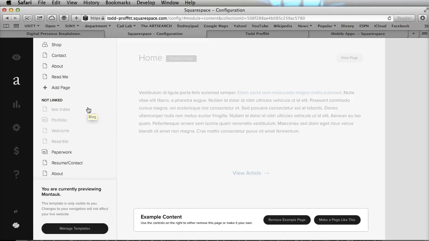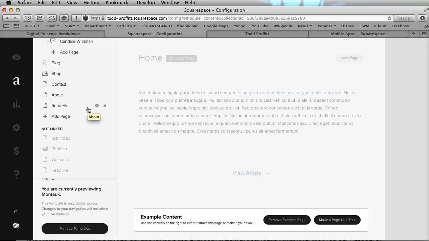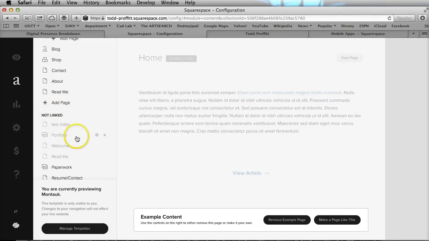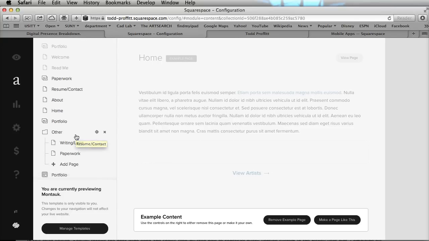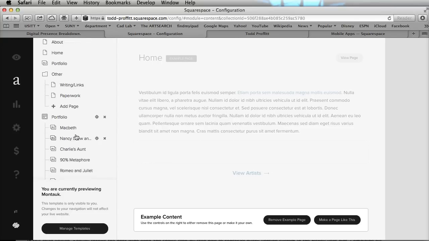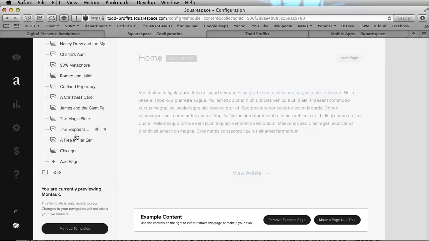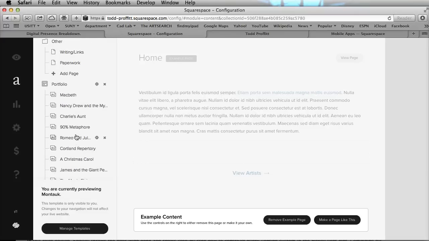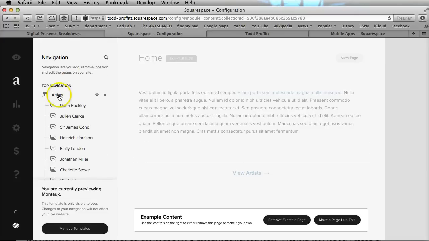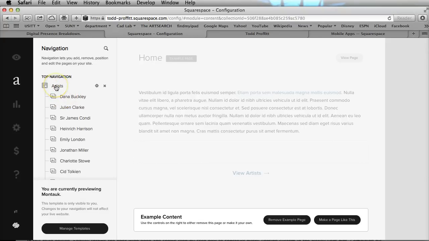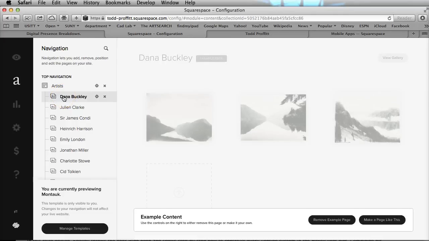But the great thing that I really like is when you get down here where it says not linked, these are all the pages I've created before in my other template, and all I have to do is organize them and put them in this portfolio to make them work. So in this case, the artist one, we're going to click on here, and it's going to ask me,